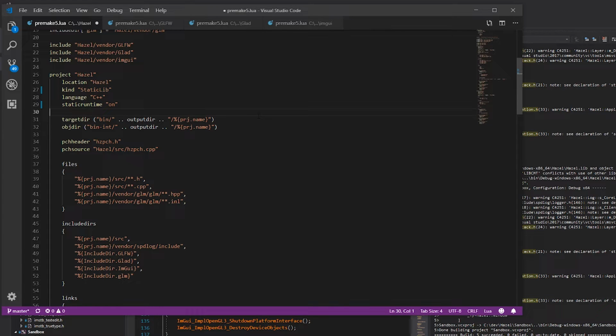We should link the runtime library statically as well, okay? So I'll just turn that on. What that means is that essentially when we build our executable, it will link in its own runtime library and that'll be it. The reason we didn't want to have this for dynamic libraries is because if we're linking dynamically,